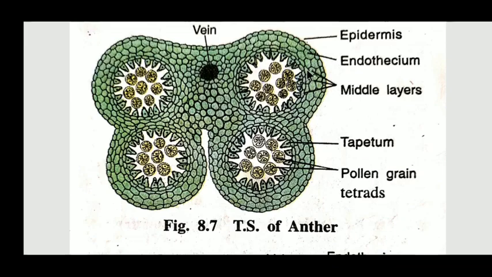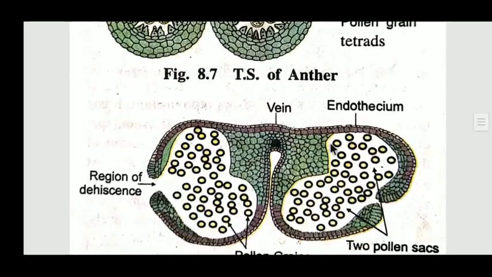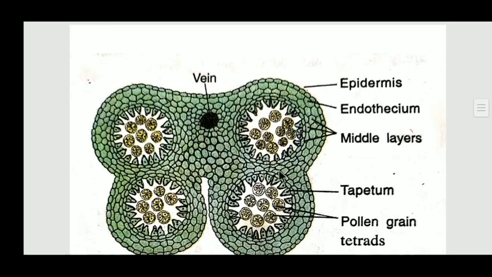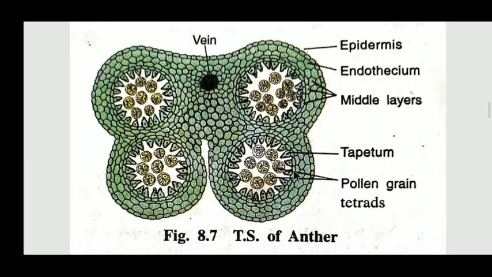This layer is degenerated at maturity. That is, after formation of microspores, 2 pollen sacs fuse or merge with each other in one chamber. It means here in this diagram, at maturity, the pollen sacs are fusing with each other. So at that time, these middle layers break or degenerate. That's why they are so thin-walled, so hygroscopic, so that during the maturation phase they can fuse with each other. They degenerate themselves and help the pollen sacs to fuse or merge with each other. So this is the function of the middle layer. And the last layer is tapetum.